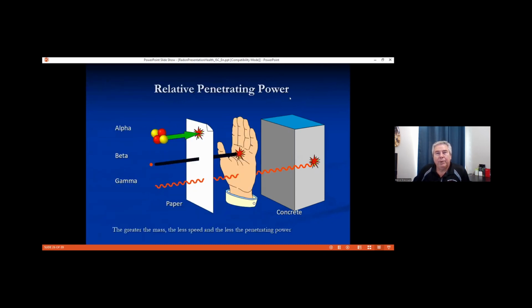If we compare the penetrating power of the three, an alpha particle could probably go through a sheet of paper, but it'll not cross through our skin. So our skin that we have on our body is a good protection against alpha particles. But when we breathe it in and that disintegration occurs inside our lungs, we don't have that skin that's protecting us at that point. So that alpha particle will hit the living cells directly. The beta particle will cross through our skin, and gamma will even cross through concrete.